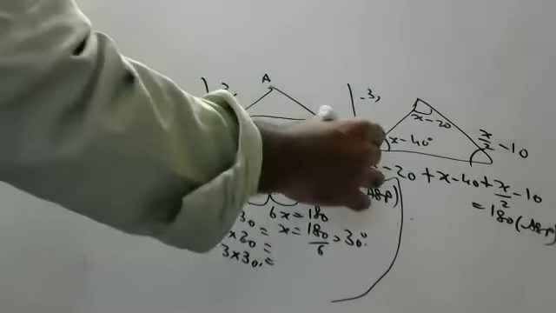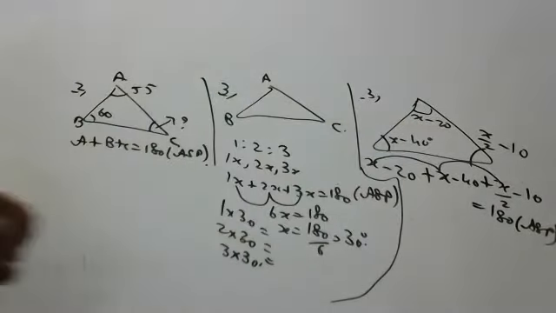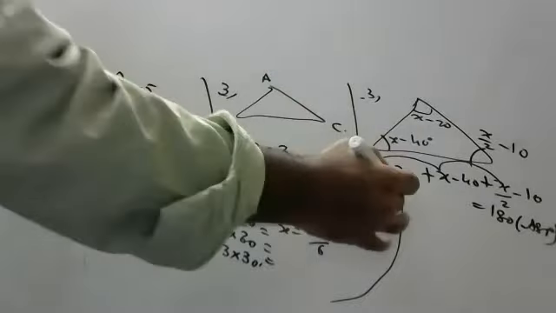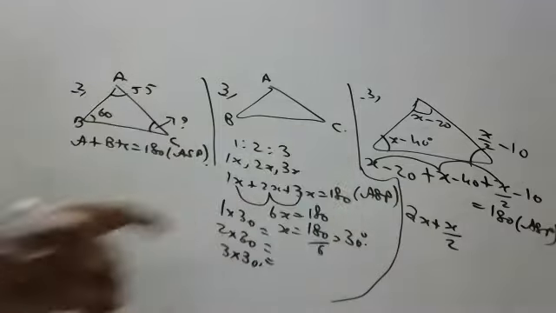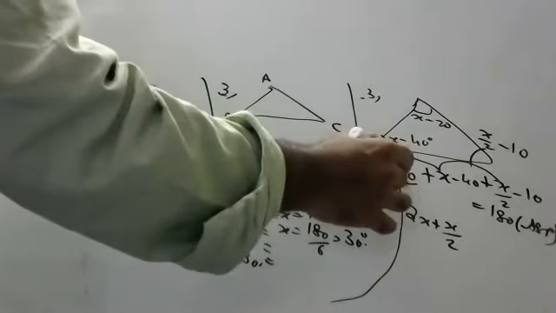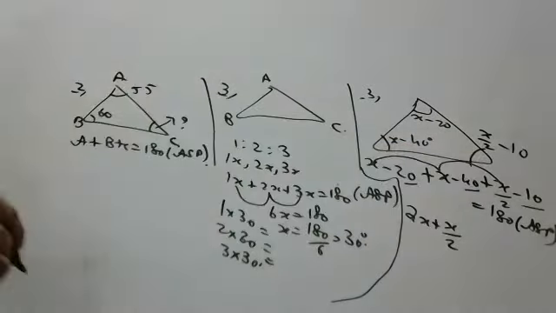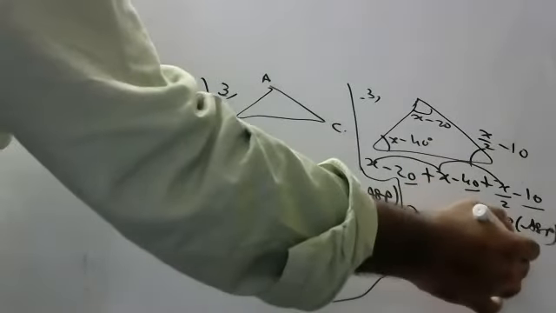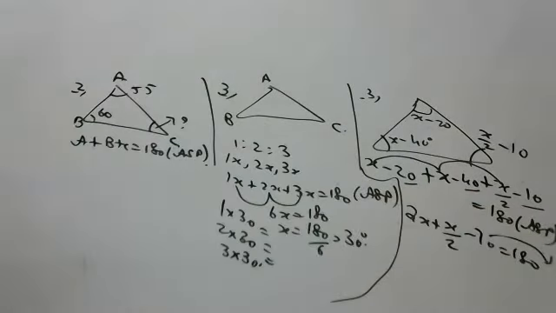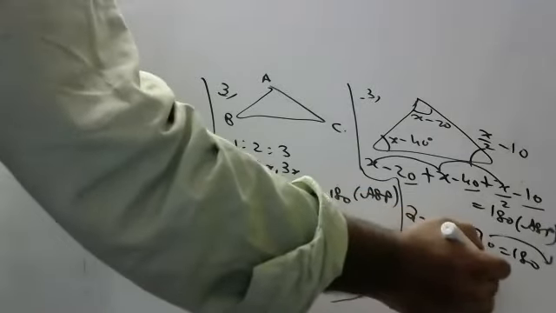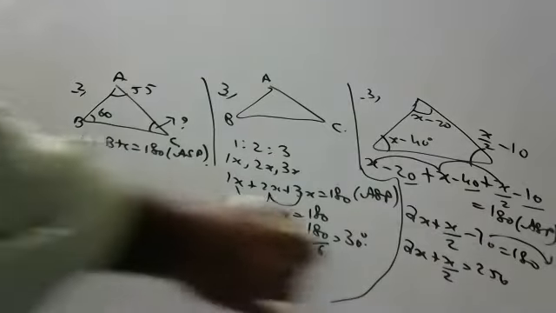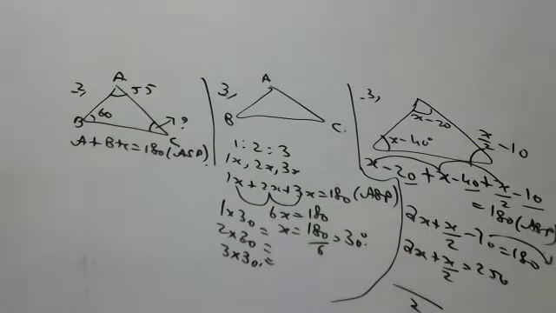Okay, now tell me, x plus x by 2 is how much? Sir, first we need to take LCM. No, okay. First you say x plus x is 2x, plus x by 2. Minus 20, minus 40, minus 10 is minus 70, and that is equal to 180. Take 70 to that side, it is equal to 250. So 2x plus x by 2 is equal to 250. Now you take LCM, easy. You should not panic the students.